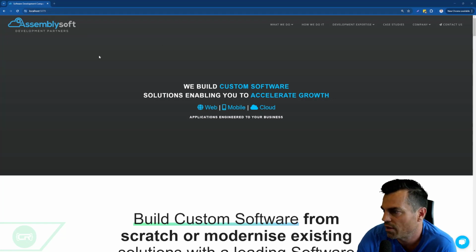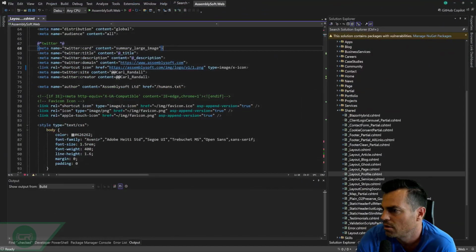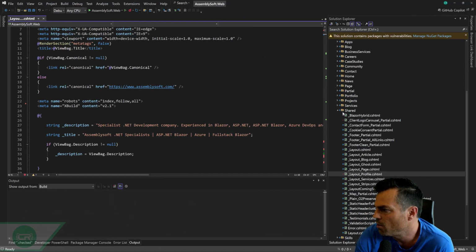But let's just get that initial rendering of this component up and running by creating a head component to mimic what's going on here. So let's start by having a look at the existing MVC application. If we just pull that into play, we can see here that